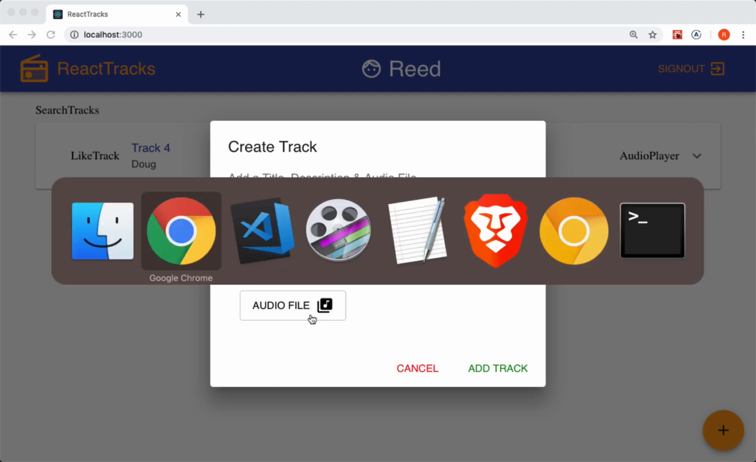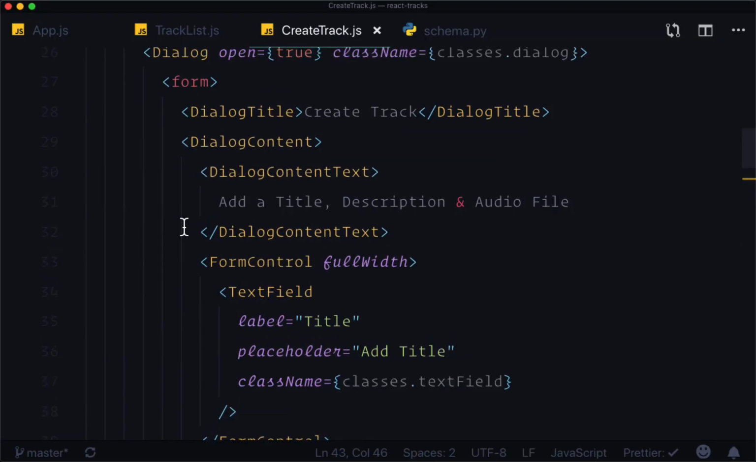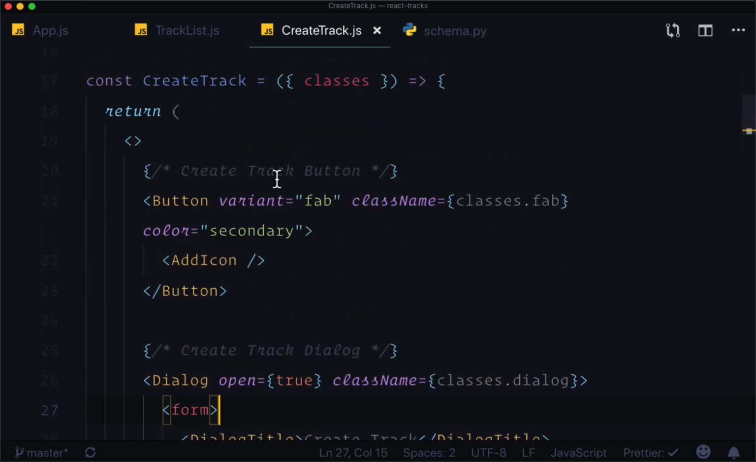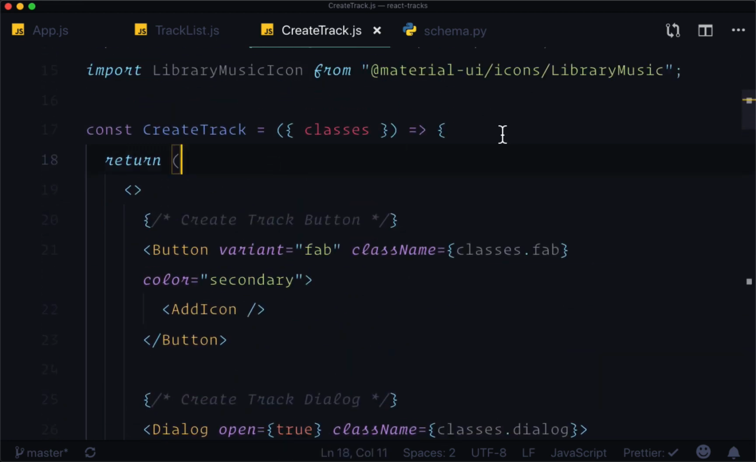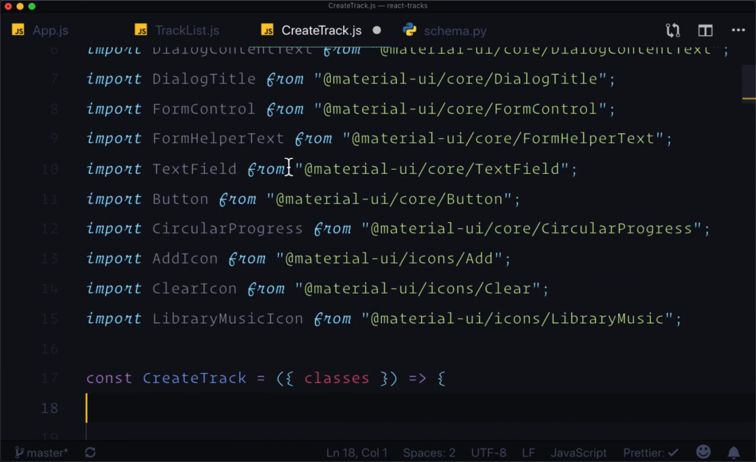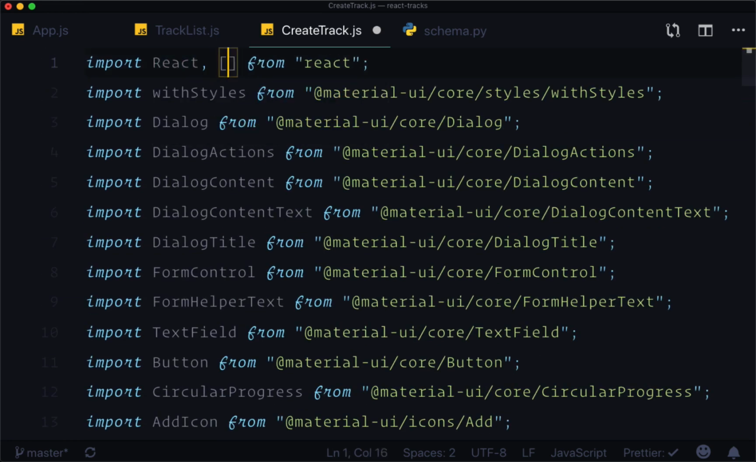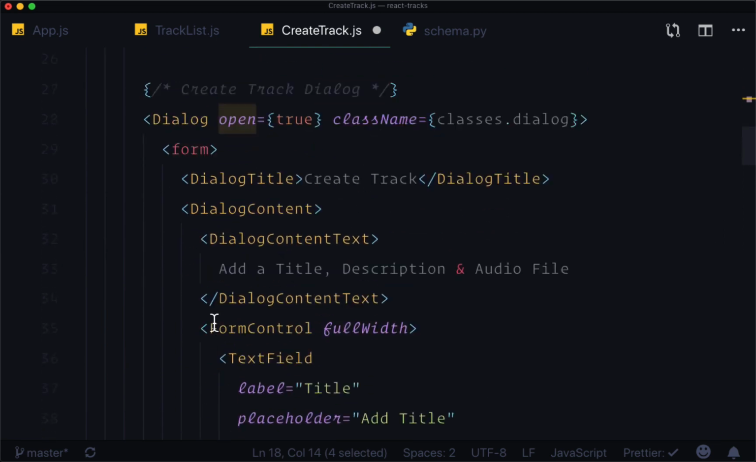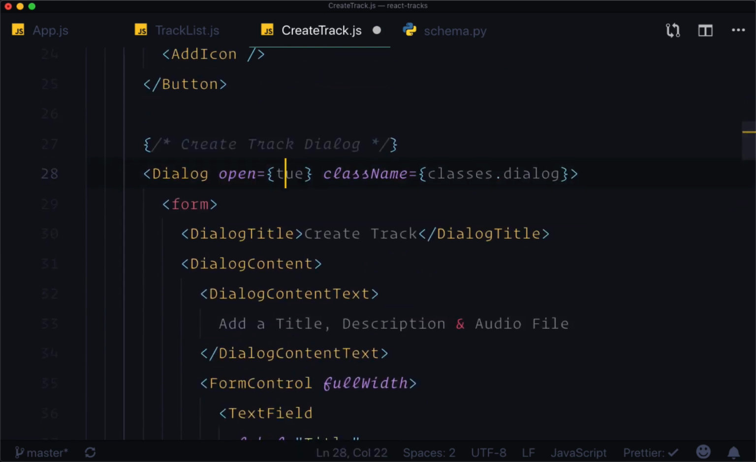Let's begin by adding the ability to toggle our dialog. First of all, instead of setting open to true by default, let's create an open piece of state. So we'll bring in useState up at the top, and we'll call our piece of state open. The setter will be setOpen, and by default, open is going to be false. So let's pass this open variable to our open prop,